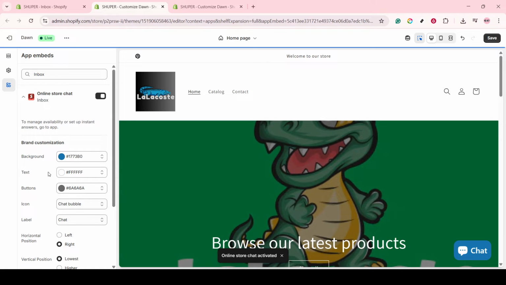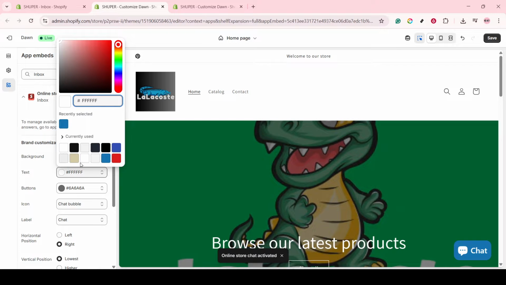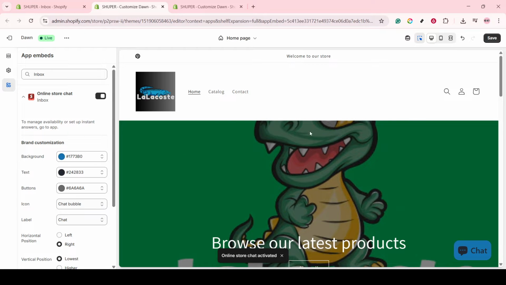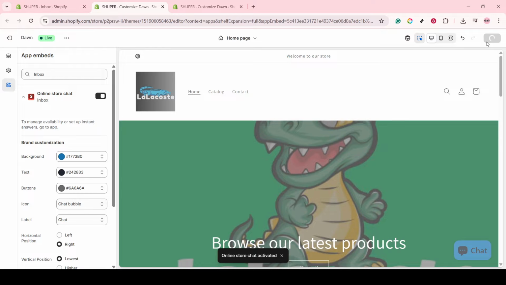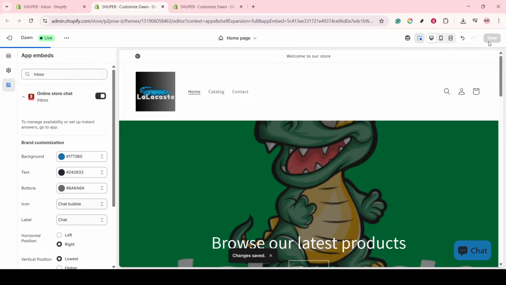By following these steps, you've successfully added a live chat feature to your Shopify store using Shopify Inbox. This new tool is a powerful addition, enabling you to connect with your customers more effectively and provide them with the support they need, all in real time. With your live chat set up and customized, you're well on your way to enhancing your customer interactions and ultimately